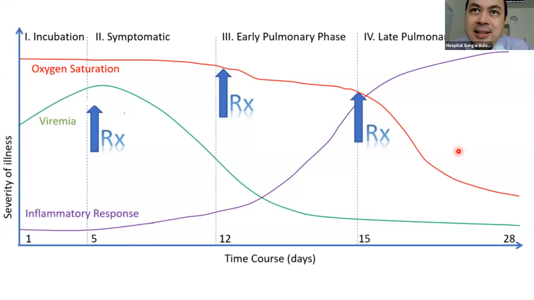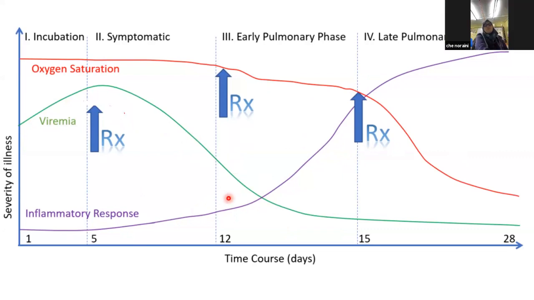some patients get an exaggerated immune response. And when they get an exaggerated immune response, as you can see here, inflammatory response goes up. Second week, the virus is actually coming down already, but the inflammatory response goes up. And when that happens for some people, the inflammatory response is so great that it causes damage to the lungs. So the treatment is basically first week, give them antivirals if they are at high risk of getting severe disease or warning signs of virals.